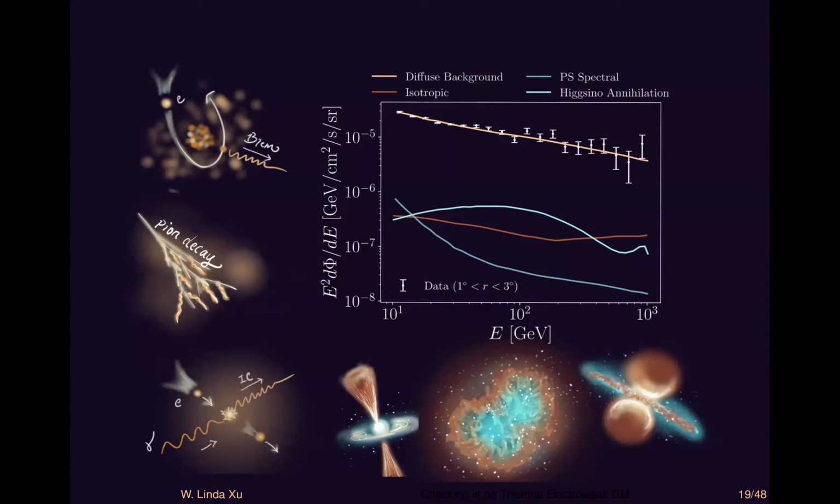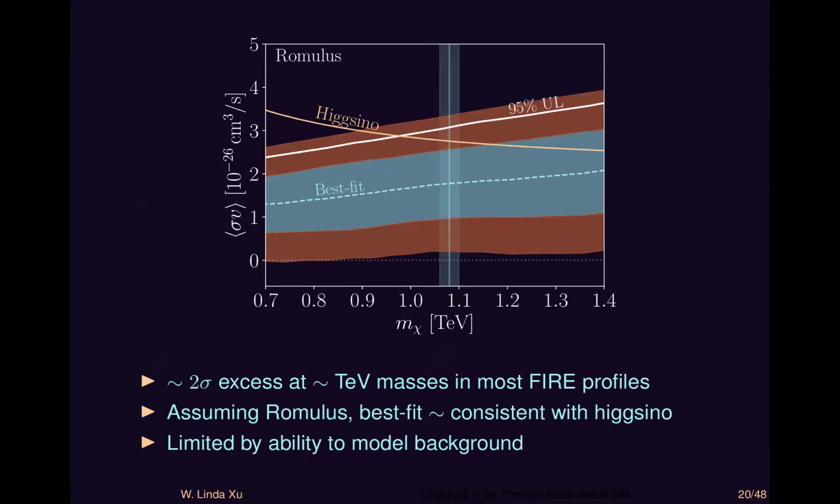So I could and have spent entire talks talking about this paper. For brevity, I'm just going to say we did this analysis. If there are questions, I'm more than happy to answer. But the upshot of this analysis is that we found a mild 2 sigma statistical preference in roughly this region. The statement of this statistical preference is mildly profile dependent because it depends on how much flux the different spatial regions have. But the interpretation of that translation from the preference for an excess flux to a best fit cross section is